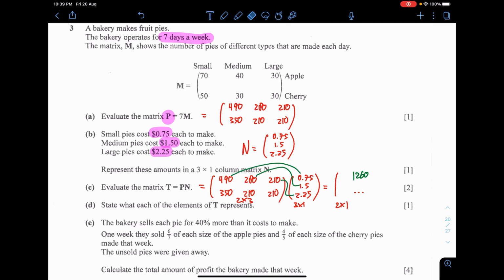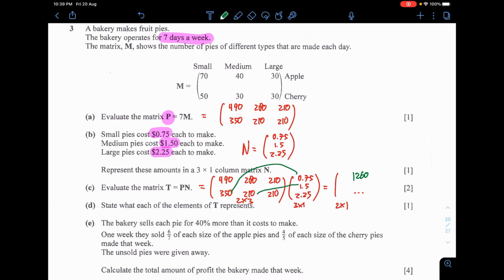Notice that when you multiply matrices, it just fits with what you are looking for. The number that you are looking for here is the 1260, which is located at row 1, column 1, which is why you multiply the first row of the first matrix with the first column of the second matrix. Likewise for the second row and first column. You take the second row of the first matrix and multiply it with the column respectively. Again, this is just calculator work. You get 1050. Should be no issue there.